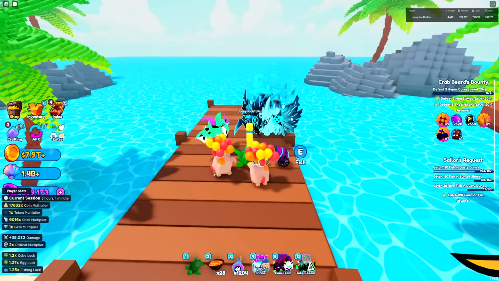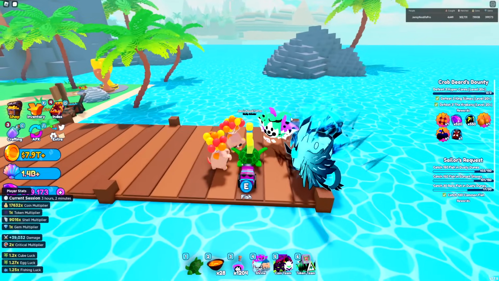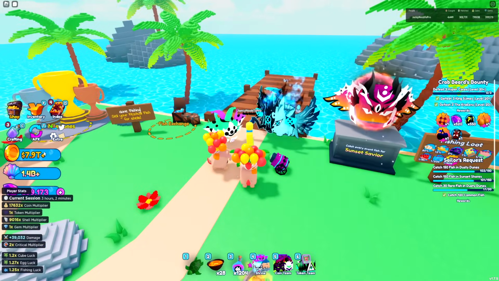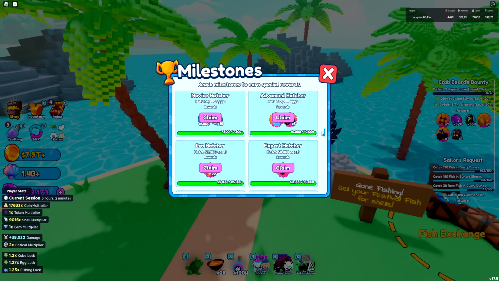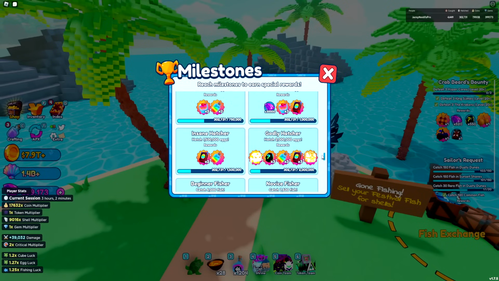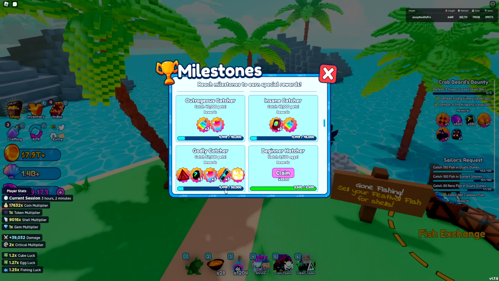Now, usually for this type of grinding, I would probably fish, which is probably the fastest and best way and most AFK-able way to grind this currency. However, because there are actually milestones, and you can see that I've actually gotten quite a lot of them, especially the fishing ones. However, if we go back, you can see that the hatch ones, I haven't really made that much progress because I don't really hatch that many eggs. And for the catching ones, I also haven't made much progress either because, again, I don't really catch that many